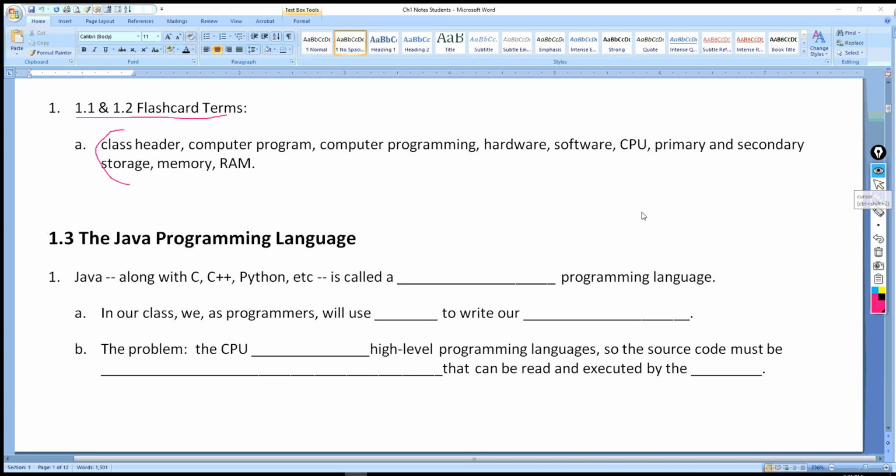Now what we want to do is look at this Java programming language and see how it gets from the code to where the computer actually can use it. So Java, along with other programming languages like C, C++, Python, etc., are called high-level programming languages. Okay, so they're called high-level. Now, in our class, we are going to, as programmers, use Java to write our source code. And we've already discussed in this class before that